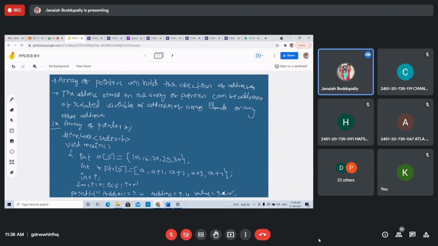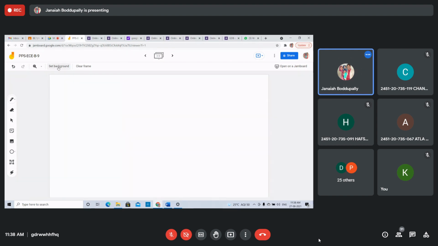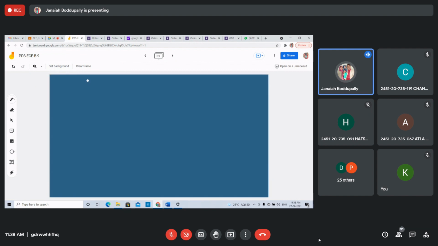See this: star of ptr plus i. I will write in the next line, continuing the printf statement, comma, star of pointer variable plus i.